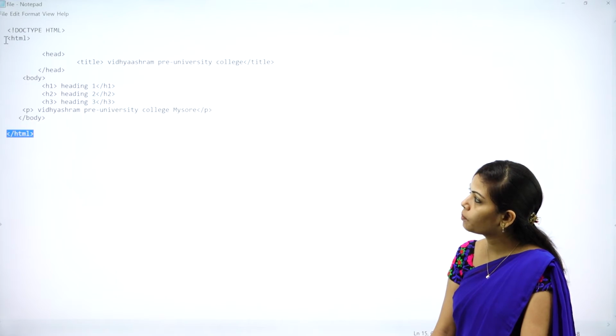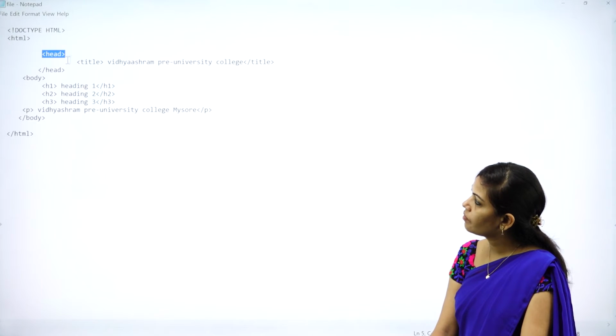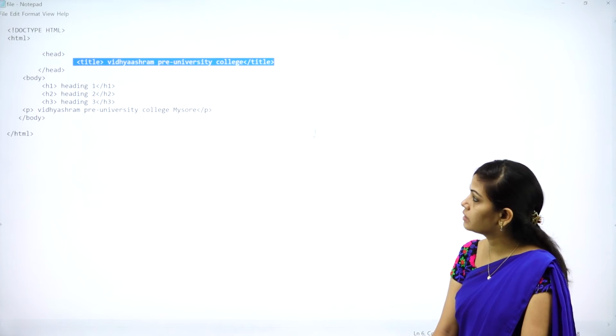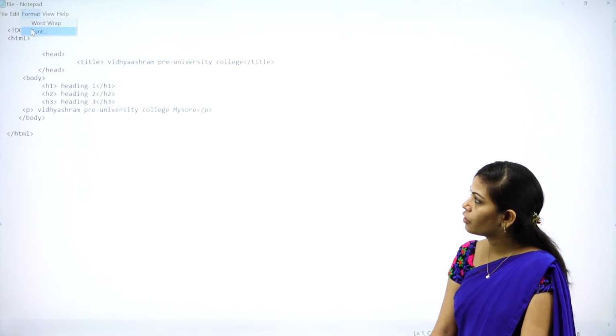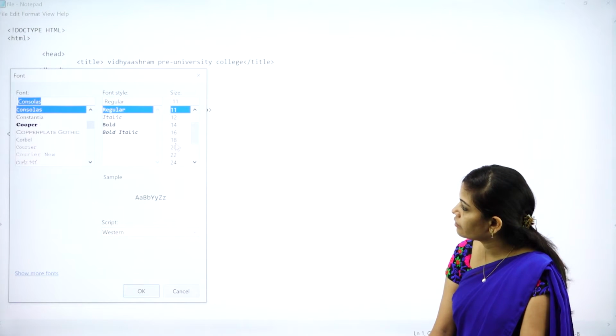First is the opening tag and this is the closing tag. After that I have opened the head tag, and inside the head tag I have written the title. Let me increase the font size please. I will give 18.